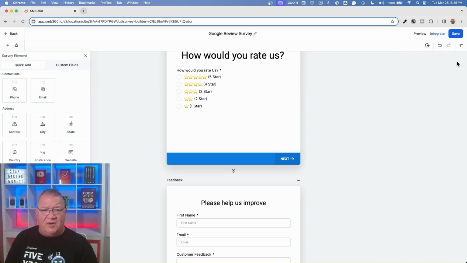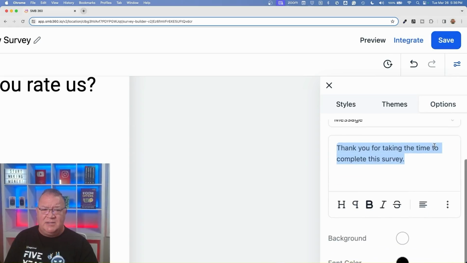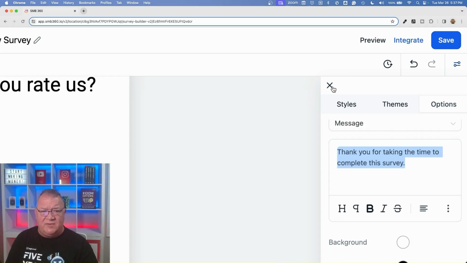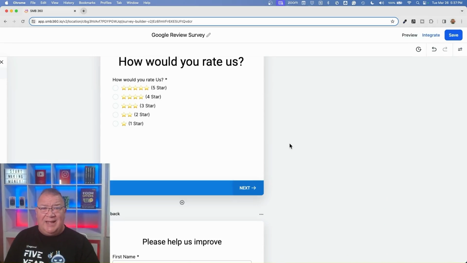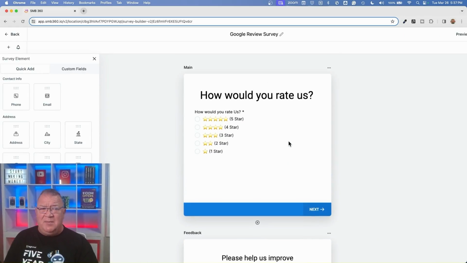And again, real quick, if you're on this, you would click on this little styles and options button. From here, you would go to options, and then you would change the text here. That's what would change the ending result once they submit the survey. So now that we've done that, that is the basis of how you can send out a graphical representation. And keep in mind, this right here, I would say 30 minutes. Let's just even call it an hour. So spend 1 hour, one time, to create the survey